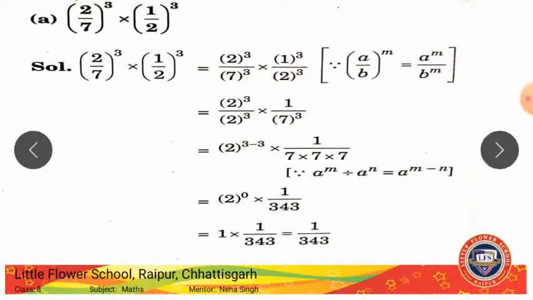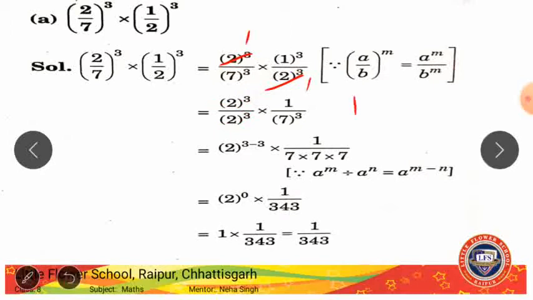In exponents, wherever you are using the properties like a^m into a^n is a^(m+n), a^m by a^n is a^(m-n), whatever property you are using, right? You are going to mention the property along with the solution. So now coming to this 2 cube, this 2 cube and this 2 cube can get cancelled, right? Here also, if I can cancel it here also, or I can cancel it here. So now in place of this we have 1.